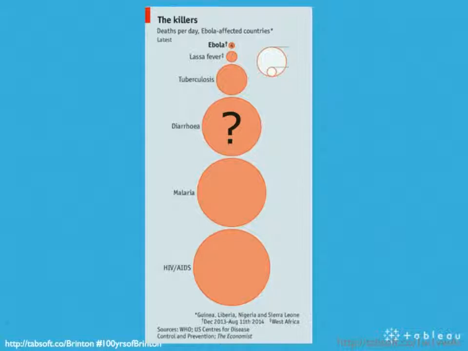So what is the number that is behind the question mark for diarrhea? How many deaths per day were there for diarrhea? I'm sure you're all shouting your answer at the screen. Well, the answer is 404. What most people answer, when I ask this question, is about 100, maybe 150. No, that diarrhea circle is actually 400 times bigger than the Ebola circle.